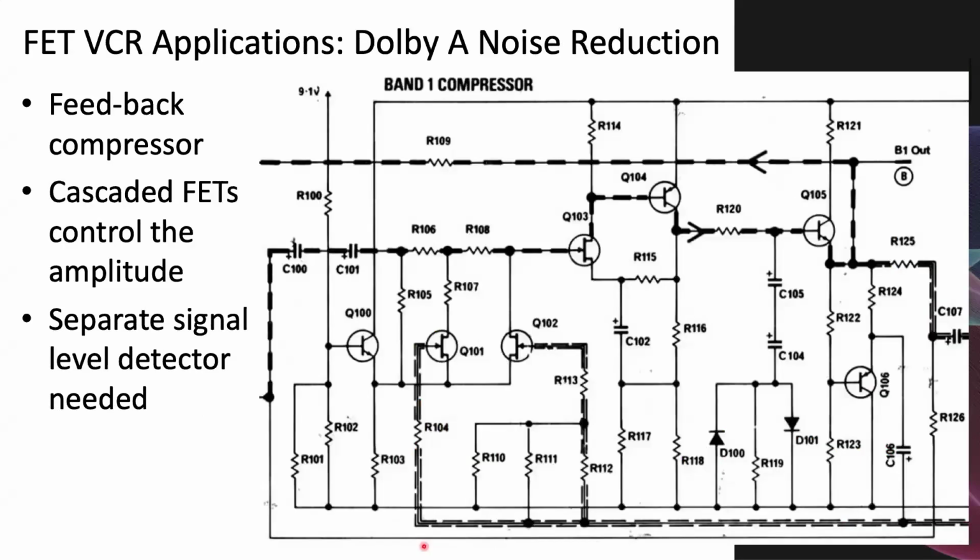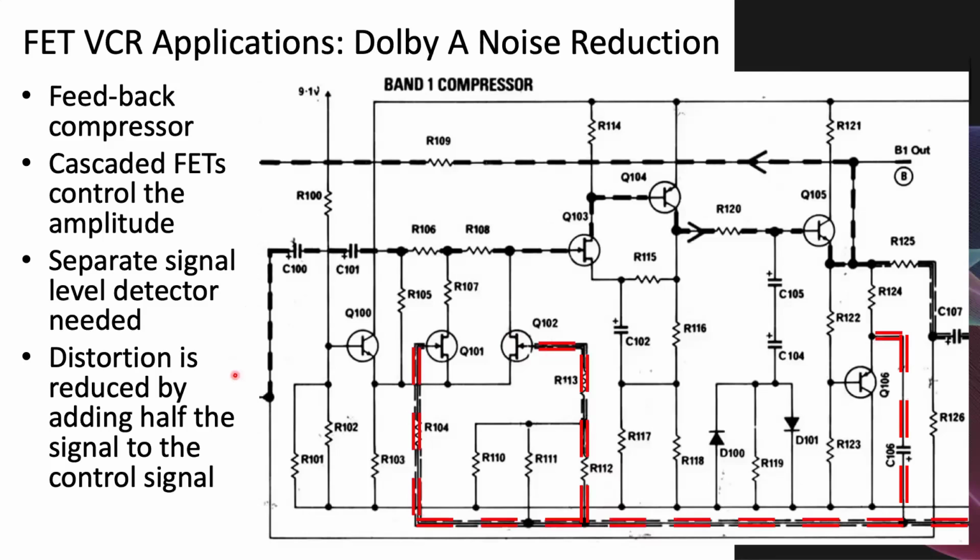And here's another one, which is rather interesting. This is the Dolby CAT22 card compressor system. And again, it actually uses two field effect transistors to control the gain, to control the amplitude. Again, it needs a separate level detector, and it also takes the output of the amplifier there and adds it to the control signal, which is coming from a detector circuit off screen